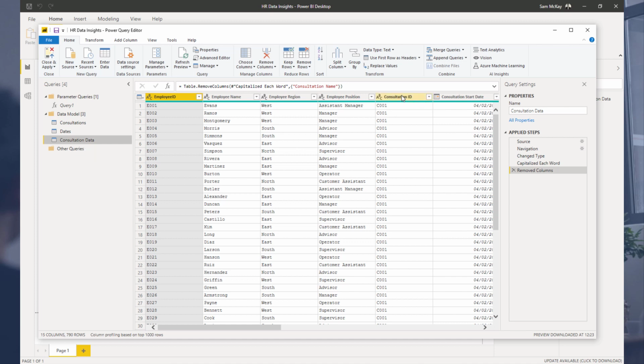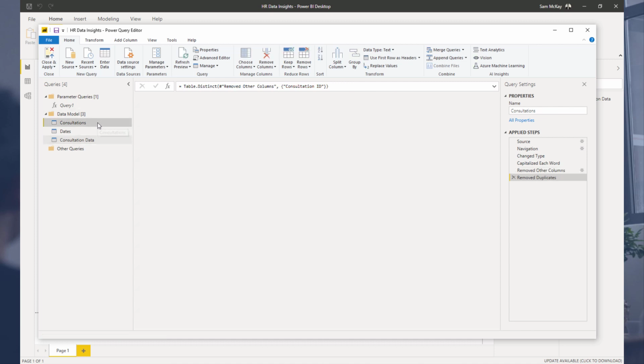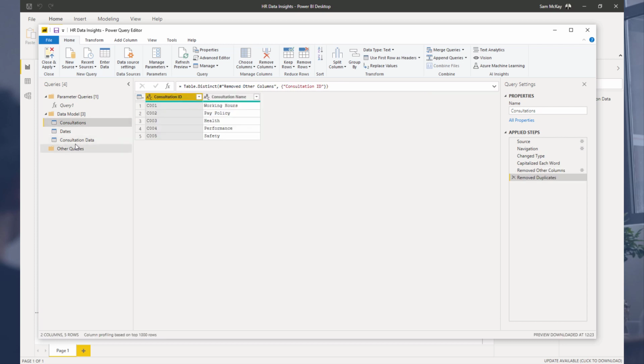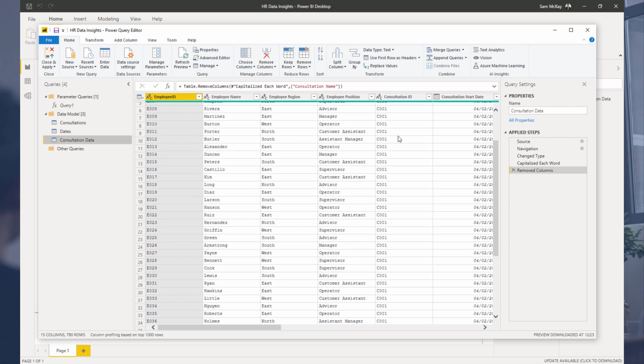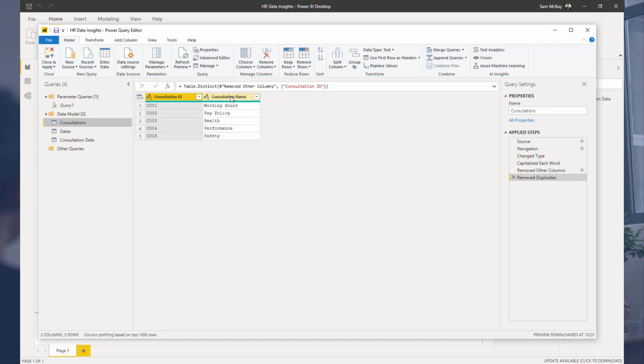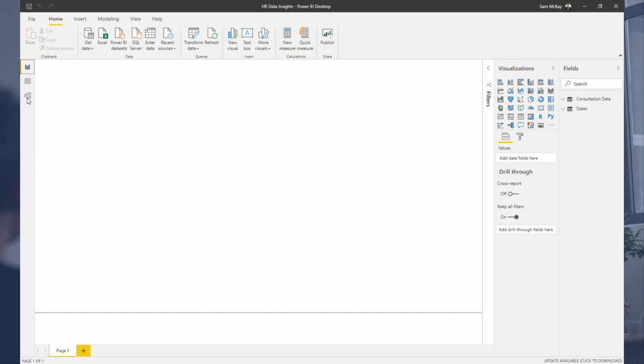Whenever you see things that are basically a subcategory of what is in the fact table, where you've got multiple different columns about the same thing, I would always try and look to summarize it here, and remember that you can always link back to the consultation data with the ID, because the ID is here and the ID is here. You see here that the ID is referenced many times. Well, there's no need to reference the name many times as well, because you can put it into a lookup table. And so if I just go close and apply,